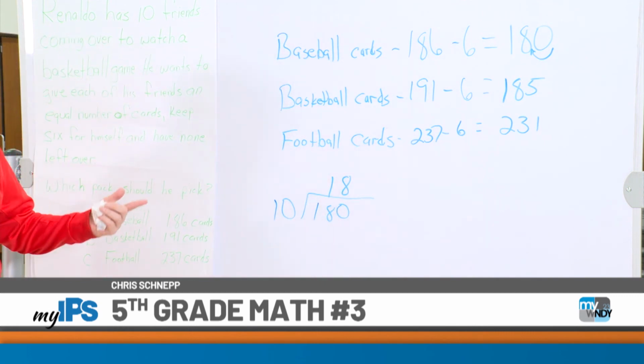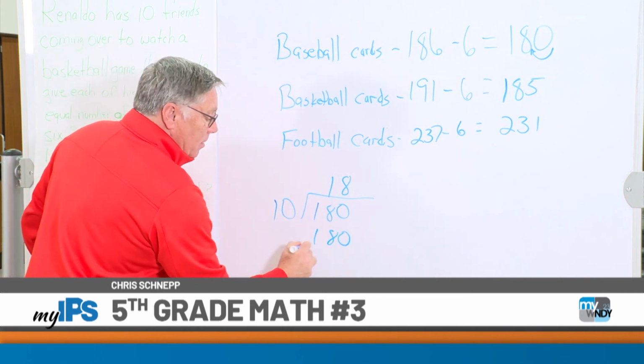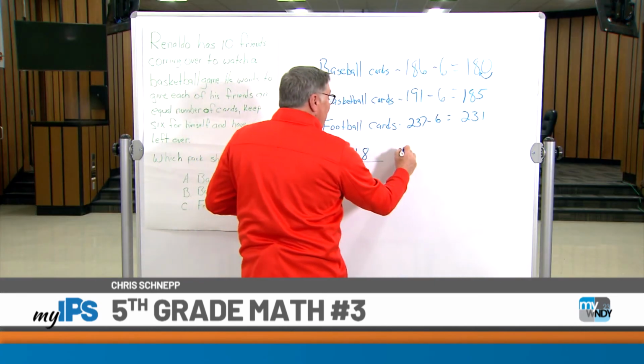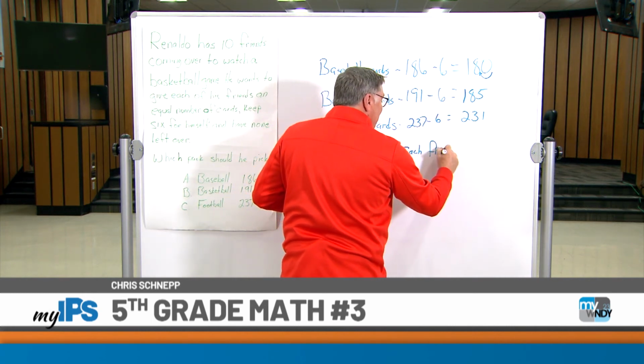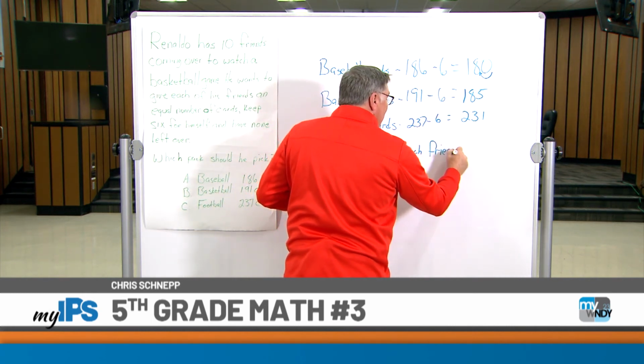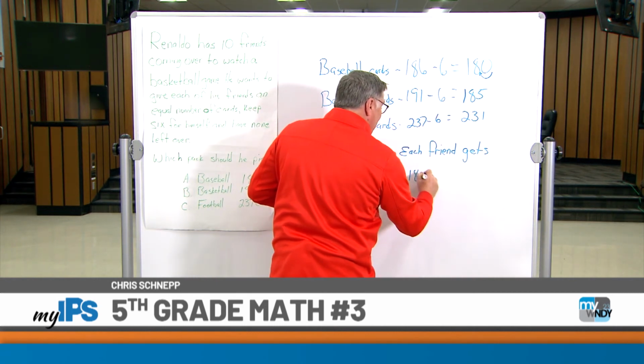All right, so 10 times 18 is 180. Each friend gets 18